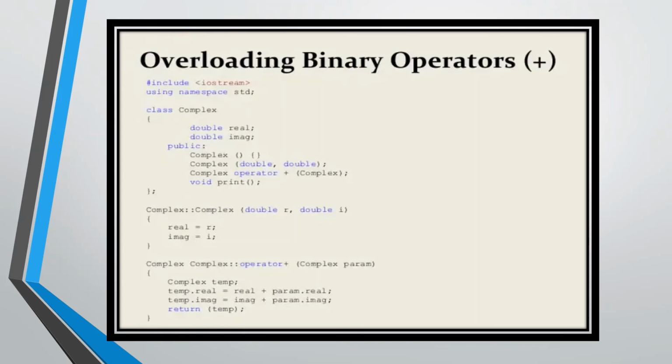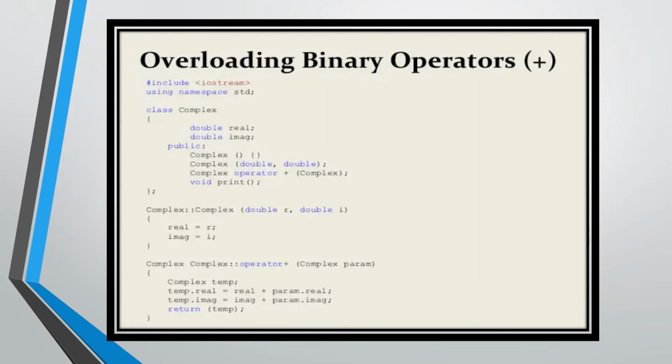Complex means what? Here Complex is nothing but the class. So from this function we are going to return a value which will be in the form of Complex. So the data type of this return is Complex. Complex is nothing but the name of the class, and class is nothing but a user defined data type. So see this program. Here I am going to calculate the addition of two complex numbers by using the concept of operator overloading, and this will be done with a user defined data type.